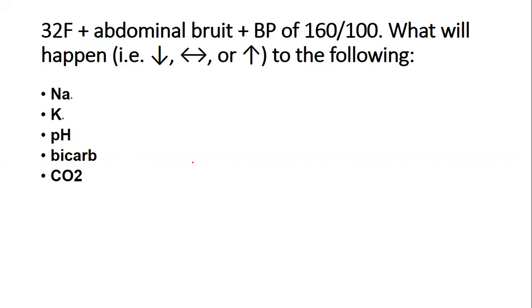Let's start with another high yield USMLE concept. So there is a patient, 32 years old female, who is presenting with abdominal bruit plus hypertension. BP is pretty much high. So what would be the direction of arrows, that is downward arrow, no change, or an upward arrow to the